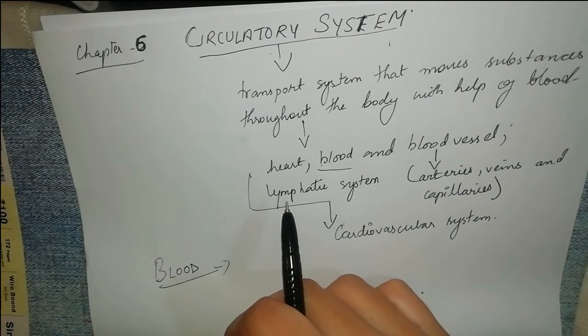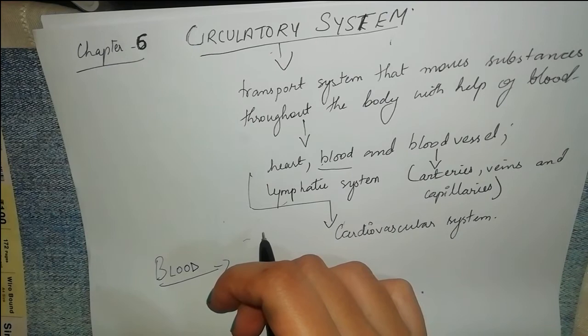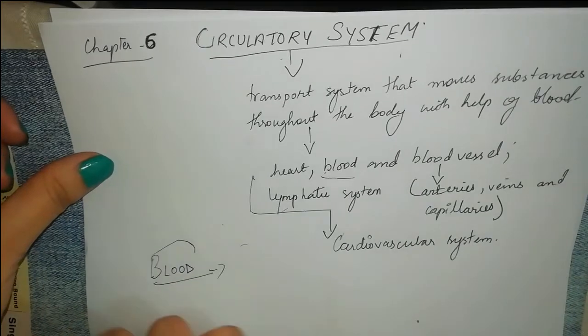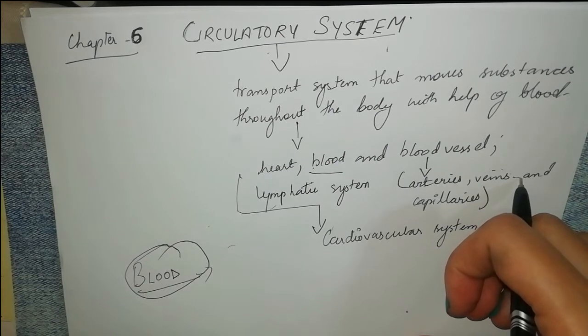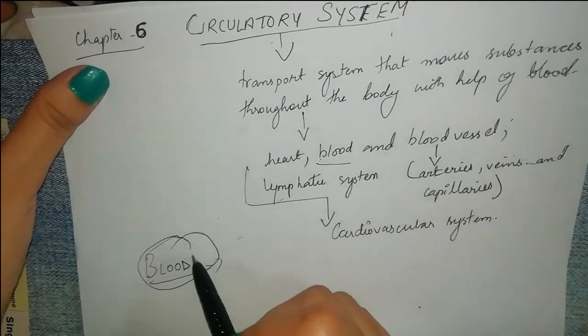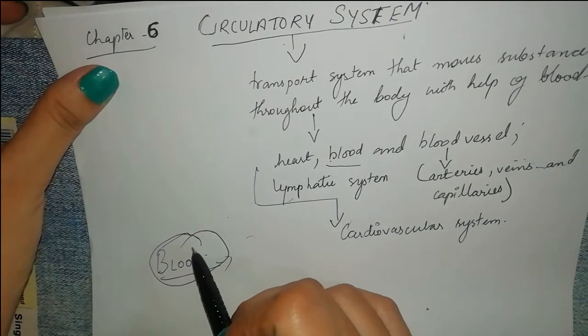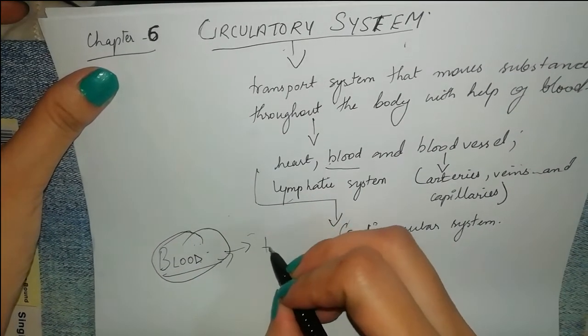When you look at blood, you know that it is a red colored fluid, and it is the connective tissue that flows inside your blood vessels. You know that our body contains lots and lots of blood vessels. So inside these blood vessels you will find this blood. It is the medium, or we can say that it is the road, just like you have a road outside, right? So this is a road which helps in transporting